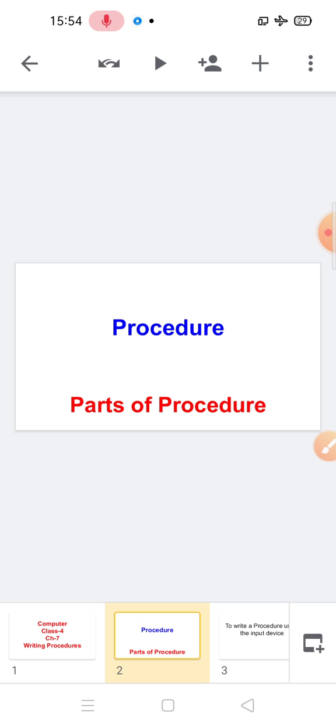What is the title line? It allows you to give a name to the procedure. It always starts with the word TO. Next is the body. It contains all the primitives for drawing the desired figure. Next is the end line. It contains the word END, which conveys to the computer that the primitives in the procedure are over.